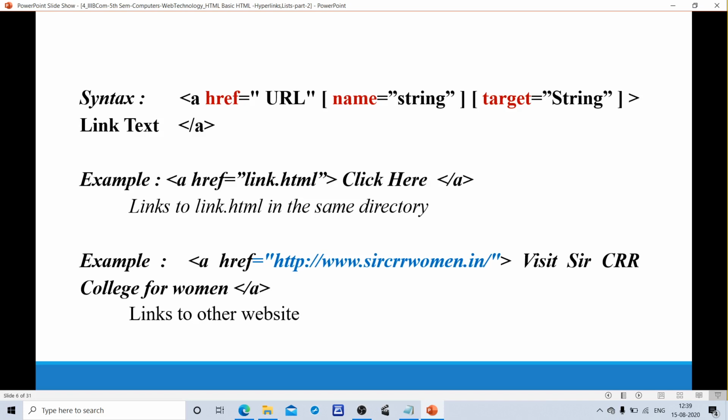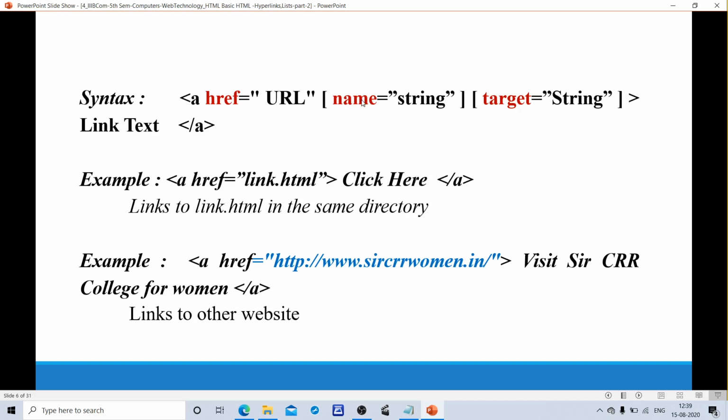Let's see the syntax of a hyperlink. Which tag is used? The anchor tag is used for linking documents. In the previous slide we saw that the link has 4 sections: address, optional attributes, piece of text displayed as a link, and close tag. Here we are using the anchor tag. For the address, where the referred document is, we use href equals URL. This is the address where it goes when we click on this link text.